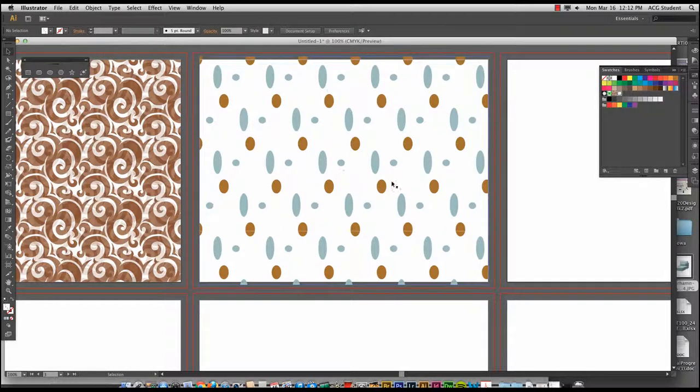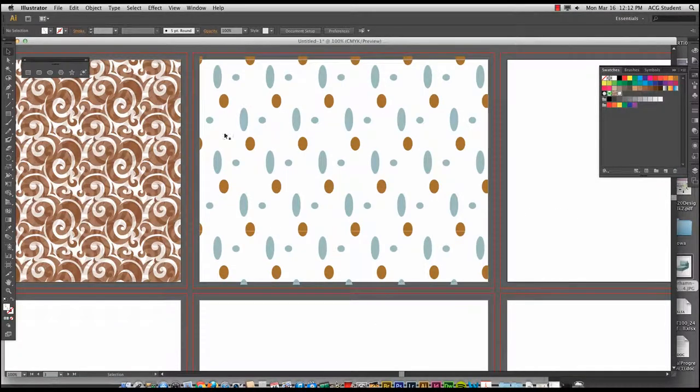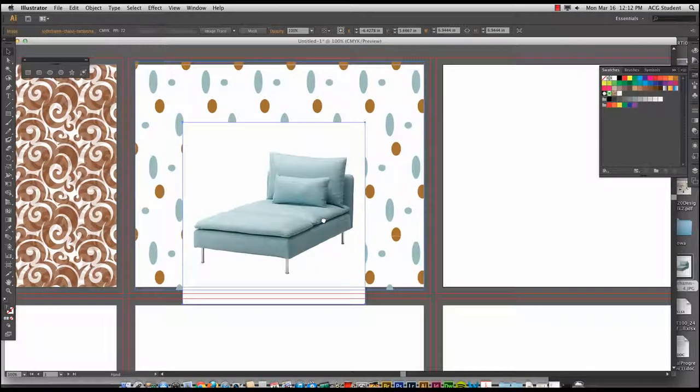Now this pattern, okay, it's fun, it's cool, but can you live with it when you start bringing furniture in, right? So you're going to establish a sense of scale by using the Ikea website, because everything's against white and it's very easy to isolate. File, Place, and we will bring in the Sauterheim Chaise Lounge, turquoise. Do not link it, place it. Okay. I'm going to bring it over here